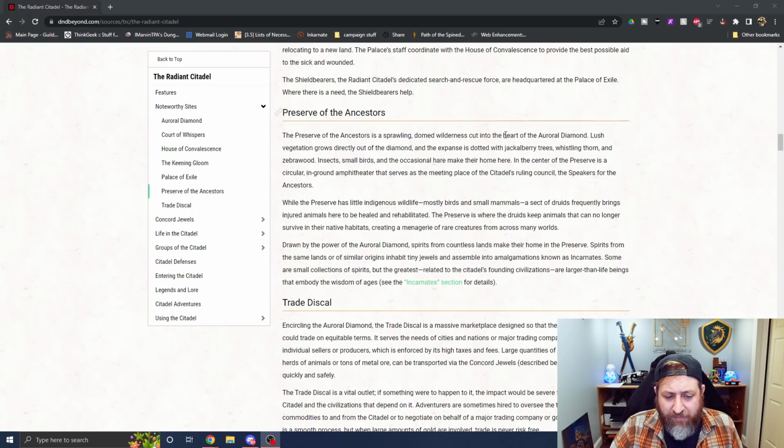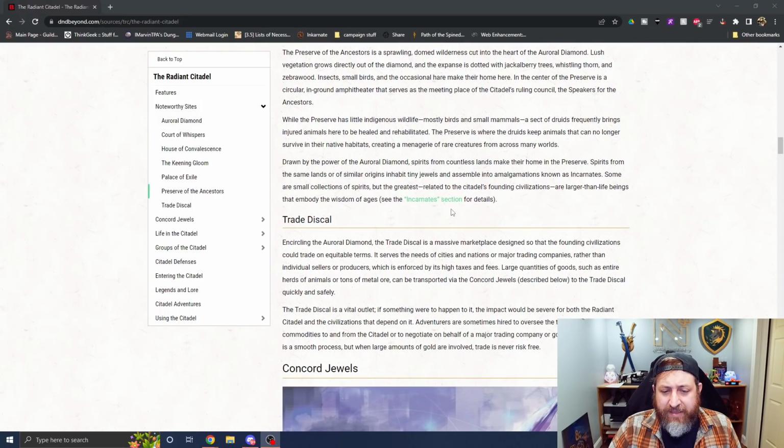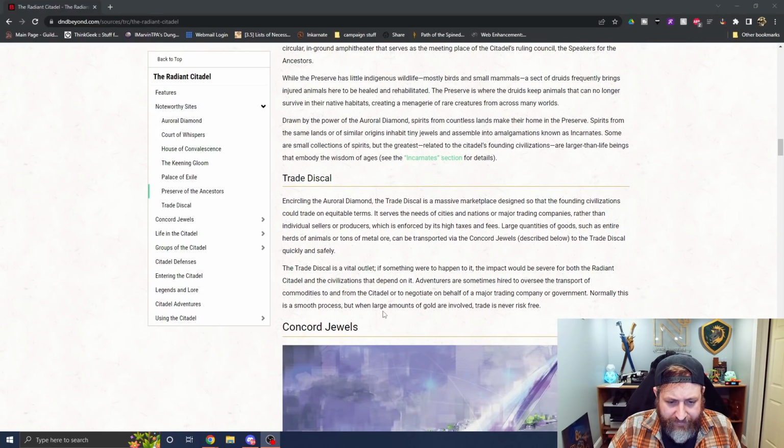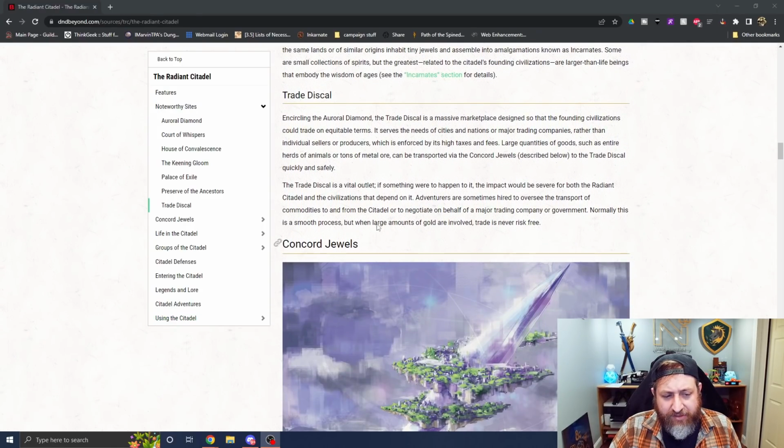Drawn by the power of the Aurora Diamond, spirits from countless lands make their home in the preserve. Spirits from the same lands or of similar origins inhabit tiny jewels and assemble in amalgamations known as incarnates. Some are small collections of spirits, but the greatest, related to the Citadel's founding civilizations, are larger-than-life beings that embody the wisdom of ages. And basically, there's the trade district, which is a massive trade area,